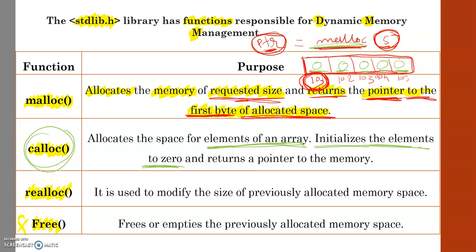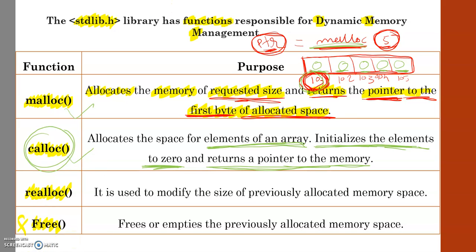So this is the main difference between the malloc and the calloc, right? It initializes the elements to 0, and the same, it returns a pointer to the memory. It will return the 101 only. Fine. So this is the calloc.